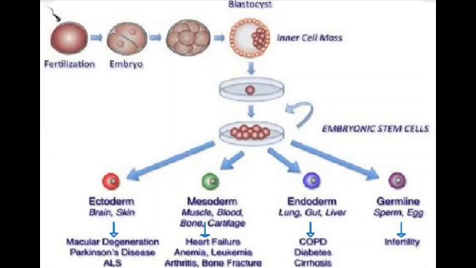Now these stem cells get divided into different tissues, and these tissues are performing different functions in our body. So here you can see some cells are forming the ectoderm, that is for making the brain and skin. Then some are forming the mesoderm, which we have learned in the third chapter. Okay, so that layer of cells is forming the muscles, bone, blood. Okay, the endoderm is forming the lung, gut, liver, and germline, that is forming your sperm or the sex cells in your body. So like this, the stem cells are divided into different tissues.